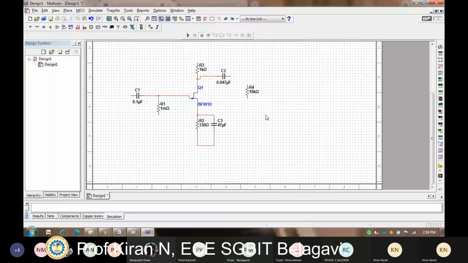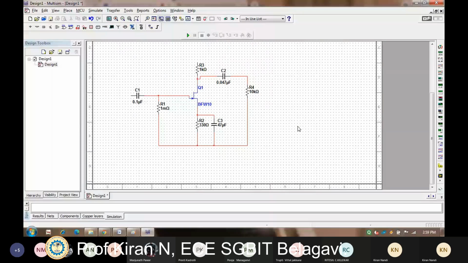You can connect it like this. Now make sure that all these resistors are grounded to the ground part. So this is what the circuit is completed here.